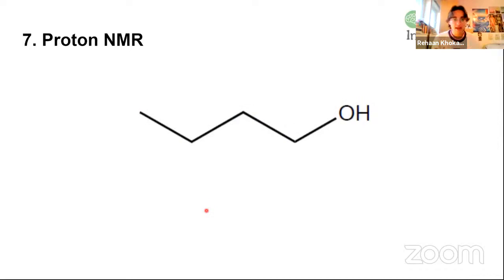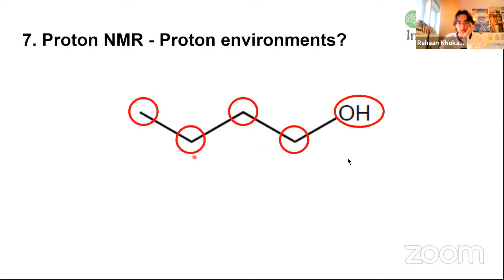Okay, so I'm going to talk through my approach with this. So we've got a molecule here. First step is to identify the proton environments. So I can already see that we've got 1, 2, 3, 4 carbons. This is butane, it's an alcohol, this is butanol. So what are the different proton environments I can see? Well, these are all the proton environments I can see. This is one environment. This is an environment. This is an environment. This is an environment. Because if we think about the structure of this,